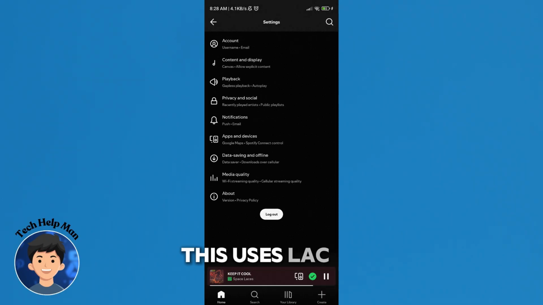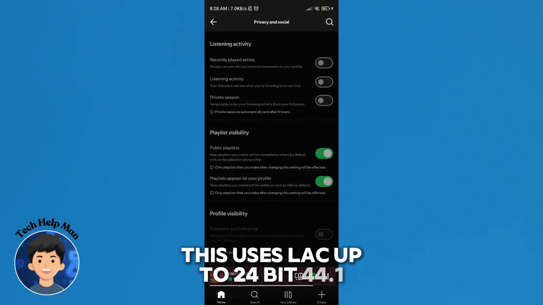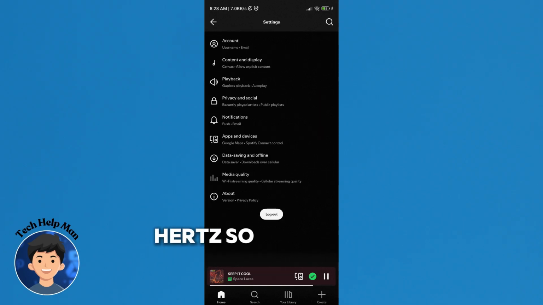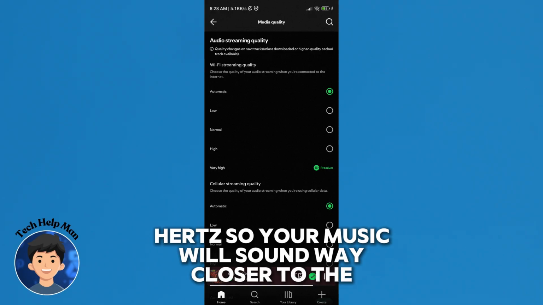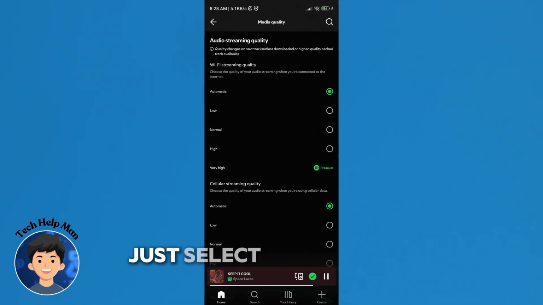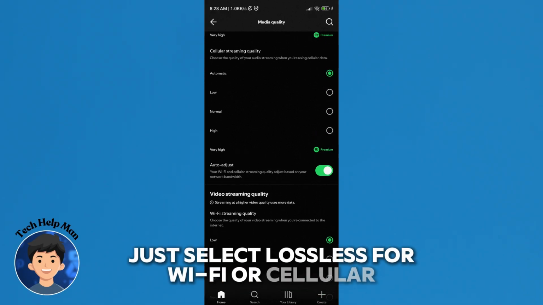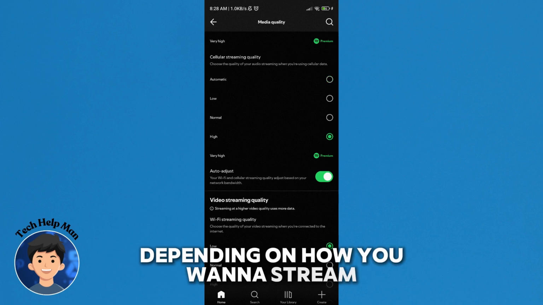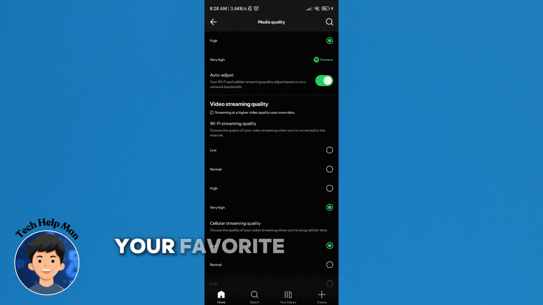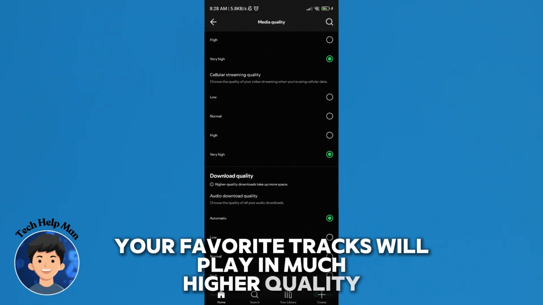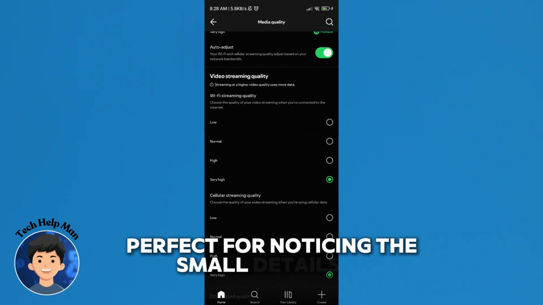This uses FLAC up to 24-bit 44.1 kHz, so your music will sound way closer to the original recording. Just select Lossless for Wi-Fi or cellular, depending on how you want to stream. Once it's enabled, your favorite tracks will play in much higher quality, perfect for noticing the small details in your